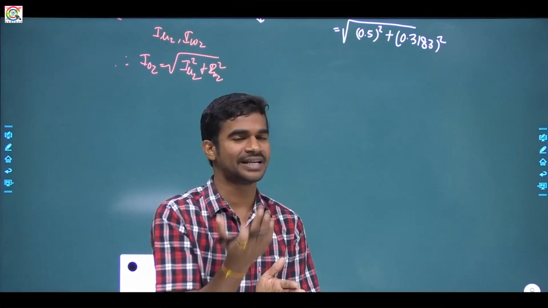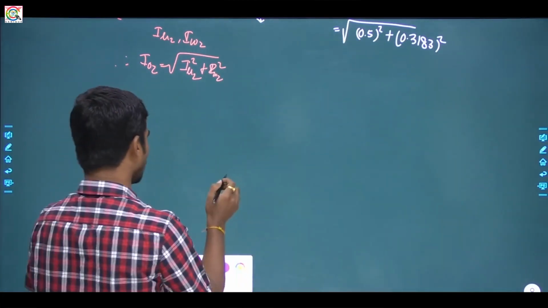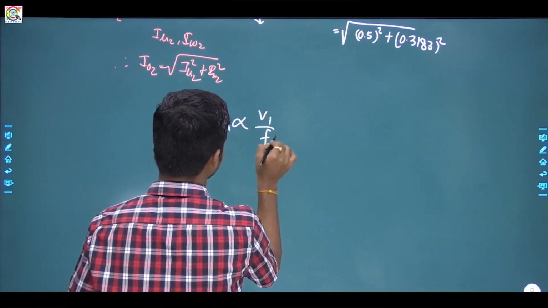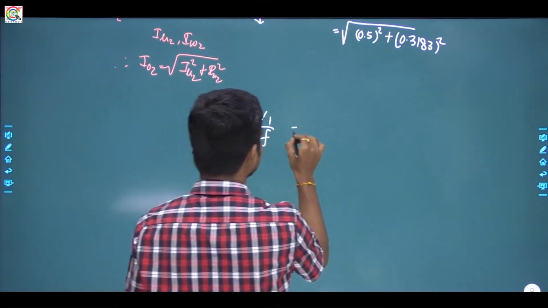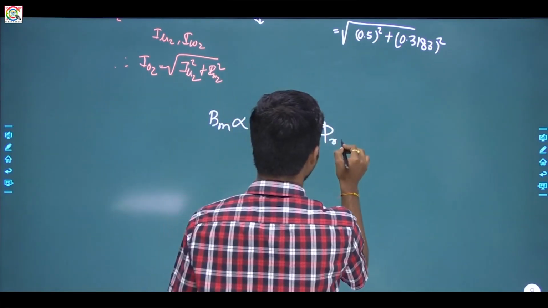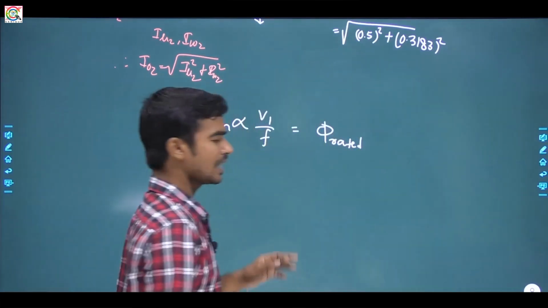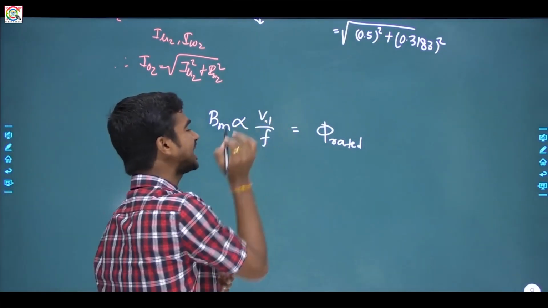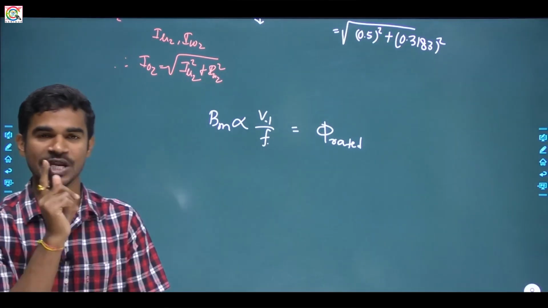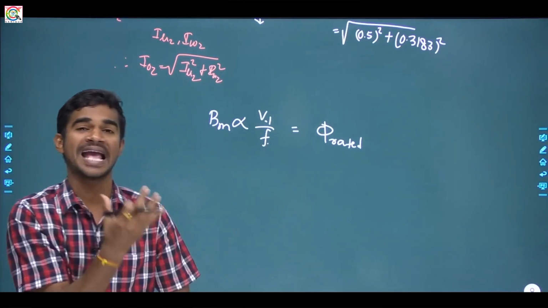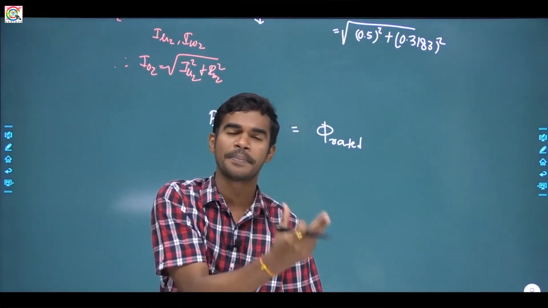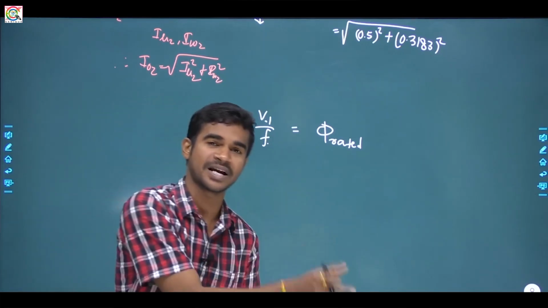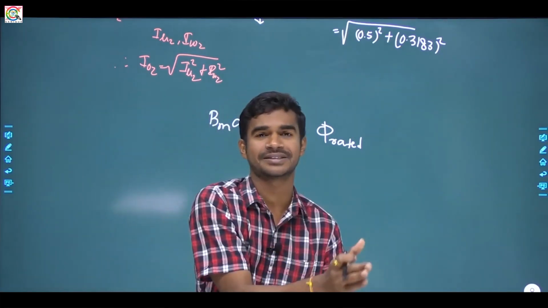Whether the test is conducted on the LV side or HV side, you know the flux density in the core is given by V1 by F. So this is the rated flux, phi rated. Suppose the transformer is operating at rated voltage and rated frequency, then you can say the transformer is operating at rated flux condition. So if you operate the transformer at rated flux condition, whether the test is conducted on the LV side or